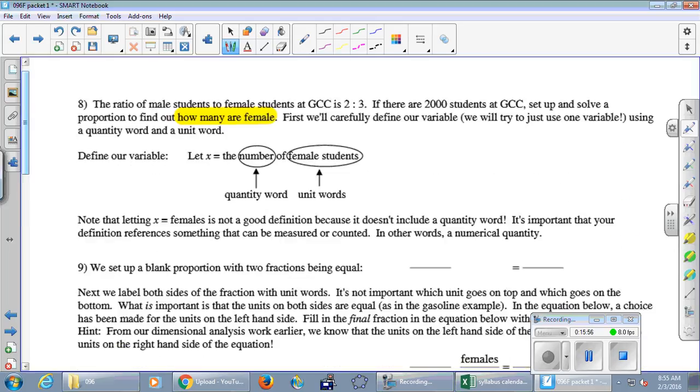So up here it says males to females, 2 to 3. So that means on this first fraction, I'm either putting 2 over 3 or 3 over 2. One of them is dead wrong. You got to make sure you put the right one based on the words. This 2, does that represent females or males? Males, right? Because the males came first, and then the female number was second. And you just have to respect the order in which the words and numbers are given. It's consistent. So are we putting 2 over 3 or 3 over 2?